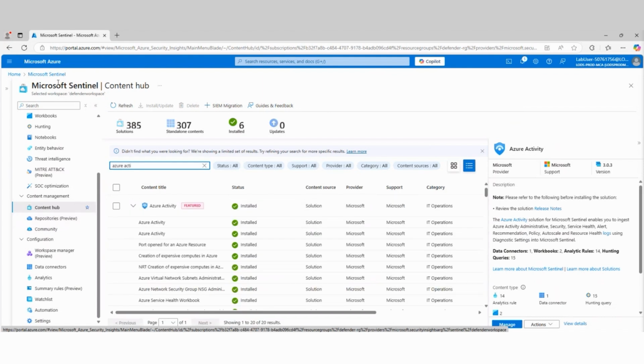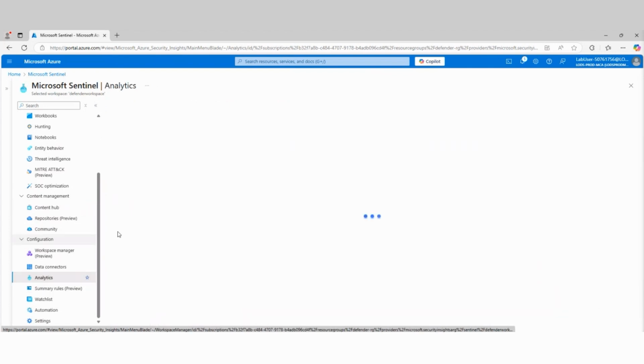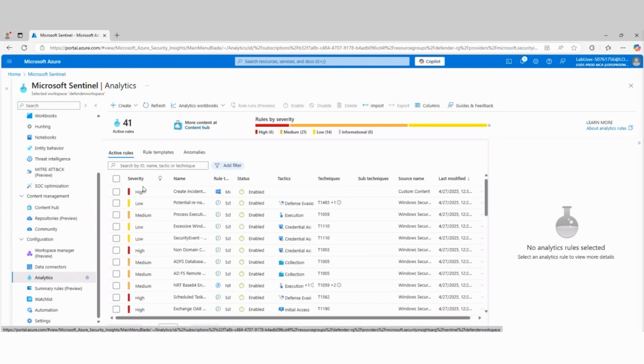Back on the main Sentinel page, we're going to go to our analytics and set up this rule. Sentinel really gets its power, or you can leverage the power of Sentinel, by creating analytics rules. This is the true power. Without analytics rules, Sentinel basically doesn't do much. It'll capture all the log data and put it into a workspace for you, but you need a process that reviews and analyzes that workspace and looks for things that match. And if it matches, then Sentinel can do something, or an administrator can do something. So the analytics piece, which we're going to discuss now, is very important.